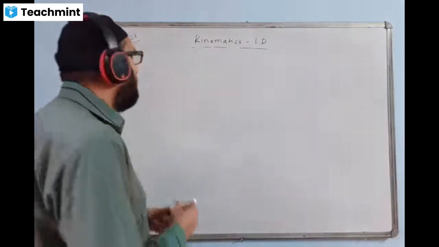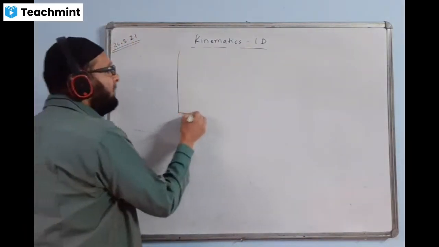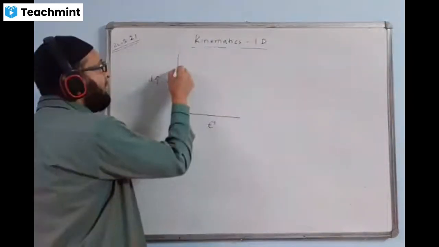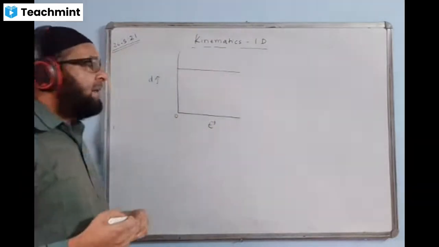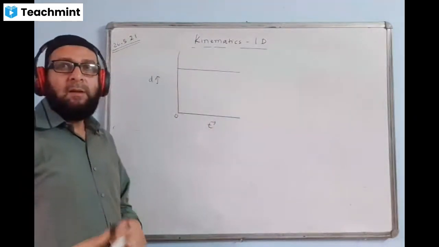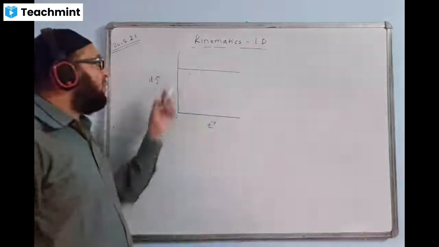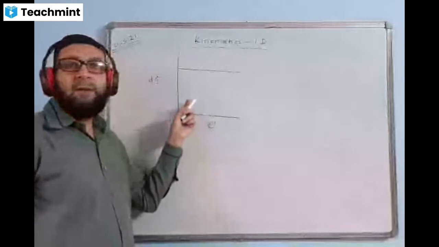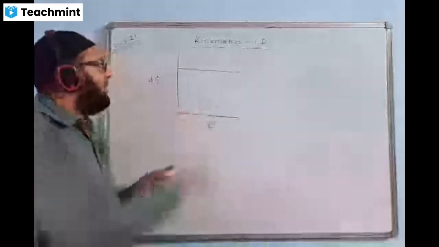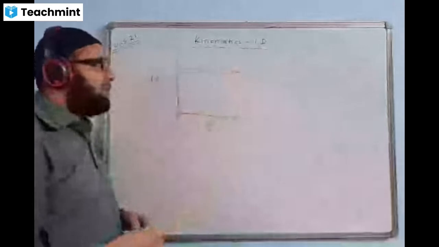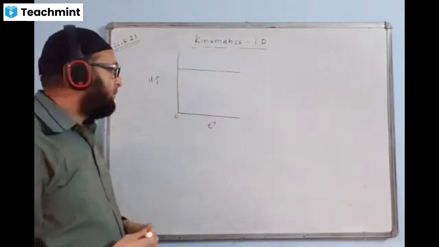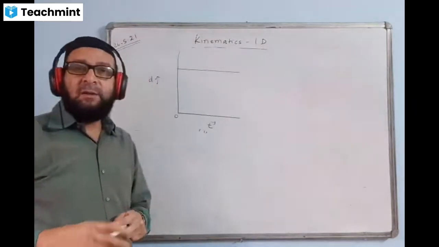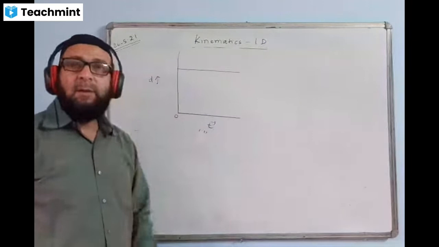Now the nature and all. Suppose we are having a simple graph, this is distance, this is time. If the distance-time graph is coming like this way, what is the meaning of this? This means the slope is 0, and the slope is speed. Speed is 0, that means the body is at rest. This graph shows that the body is at rest. The line has no slope, 0 slope. That means speed is 0. Sometimes you may have to sketch a rough graph, or a graph is given and you have to write a comment.